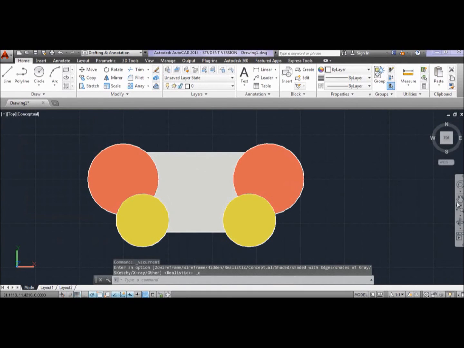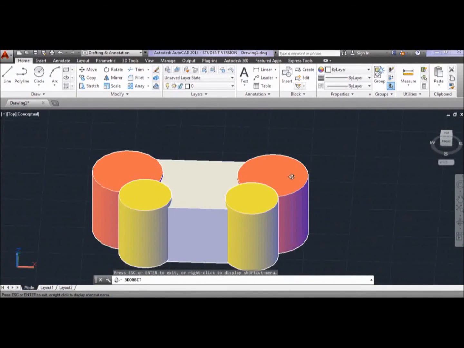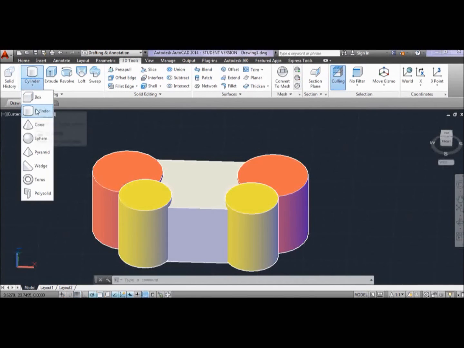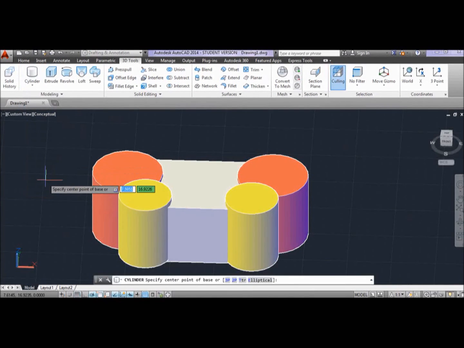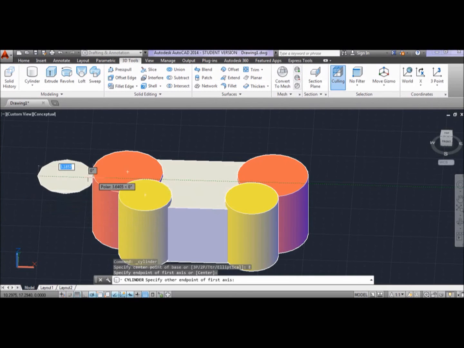Now I will use the conceptual point of view, because that's how I feel more comfortable. And now what we need to do is the handle part for the PS3 controller. So we go to the 3D tools, and we select the option cylinder, and we select the elliptical option, which is down in the search bar, and we set the handle part to be